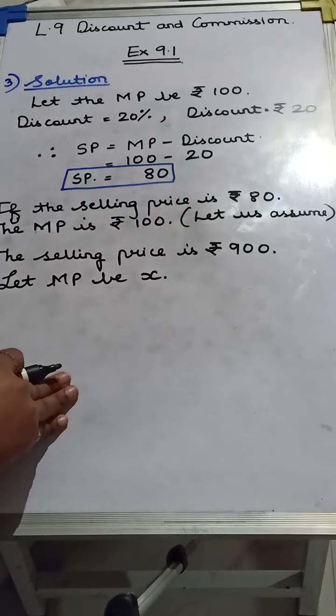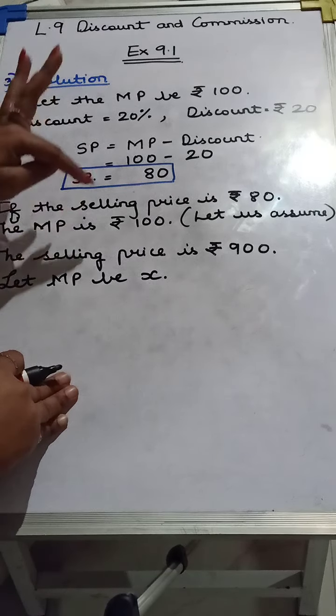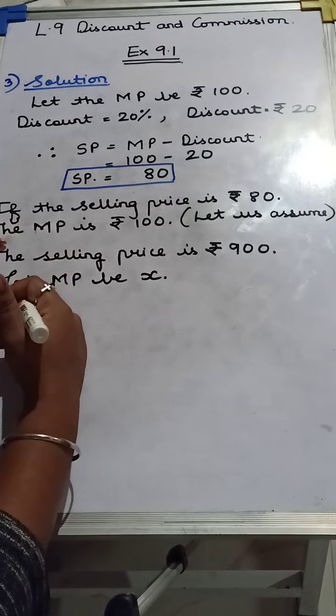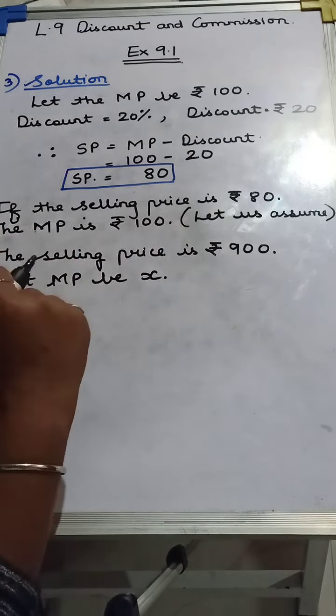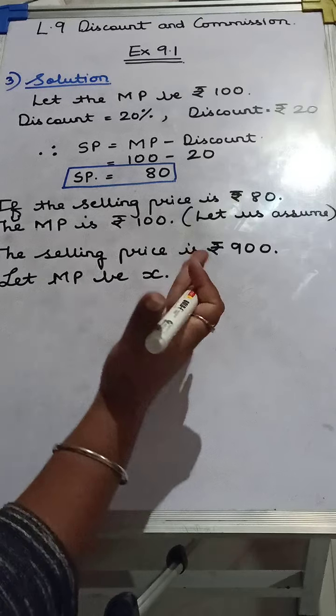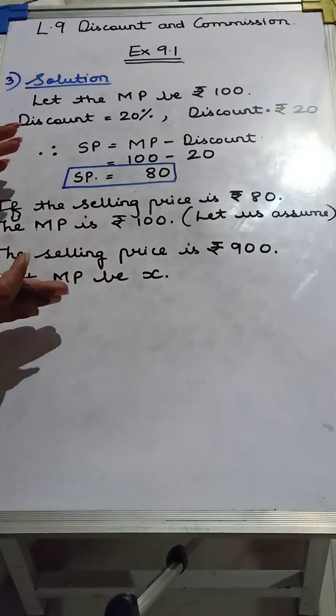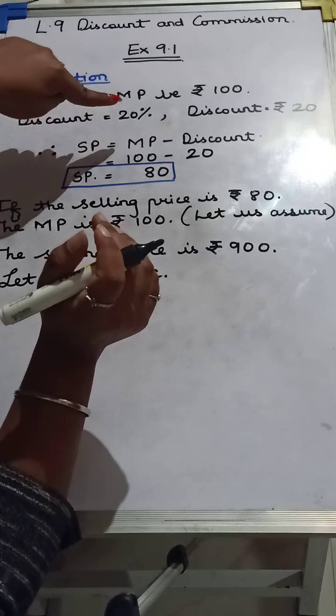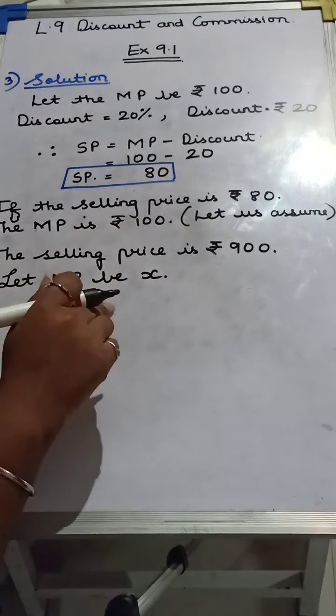So for the first part, that is the assuming part, our selling price is 80 and our marked price is 100. For the actual part that we are supposed to find, let the selling price be 900 and the marked price will be X. So we have these two different parts. One part is the assuming one. With the help of these two only we are going to get the marked price, because the percent given to you is 20%. So on 20%, that is on 900, the selling price is 900, we are going to get the marked price. Okay, so here we will solve.